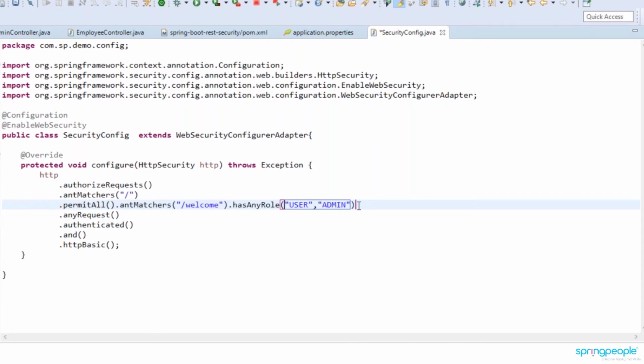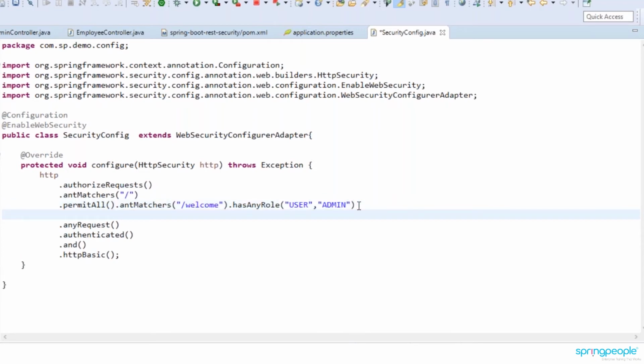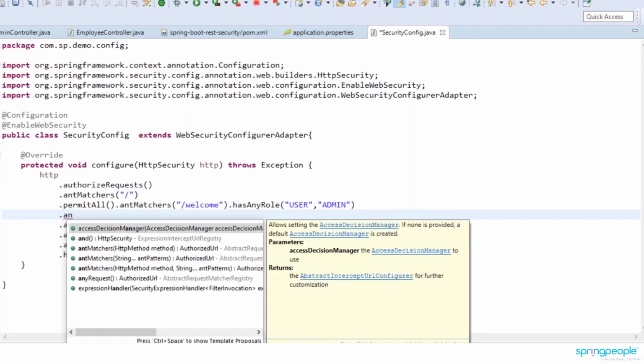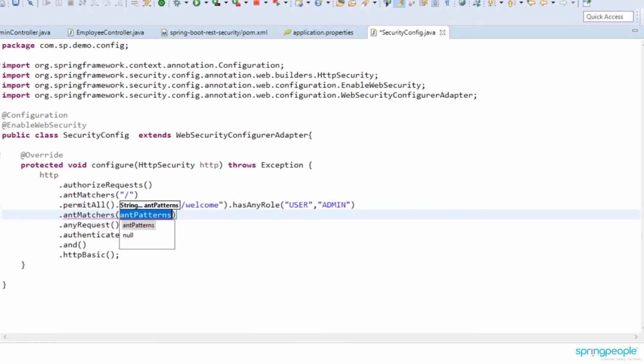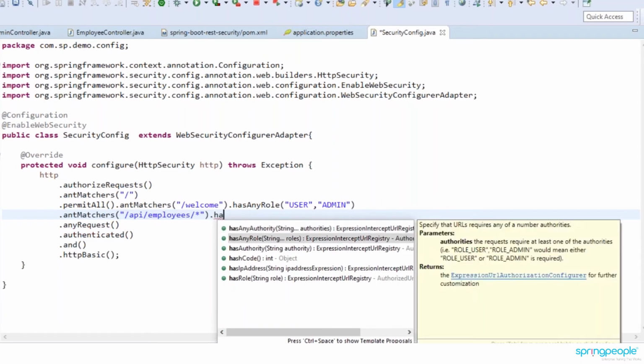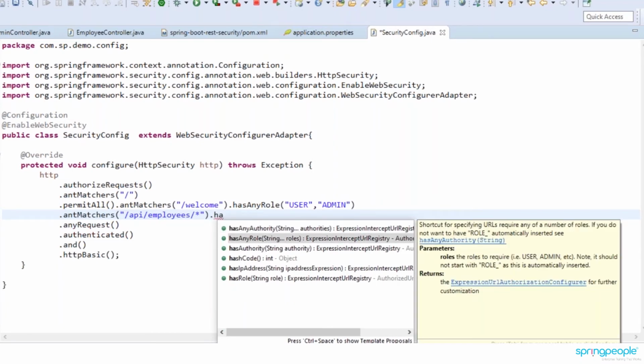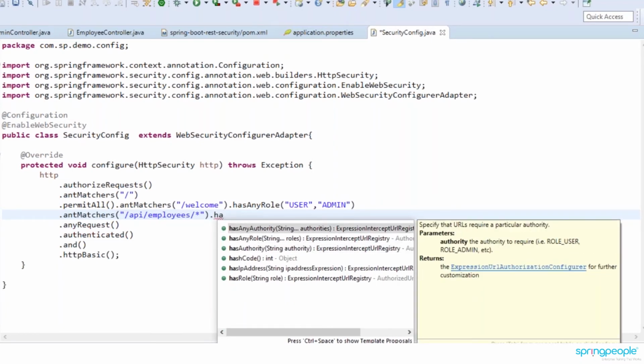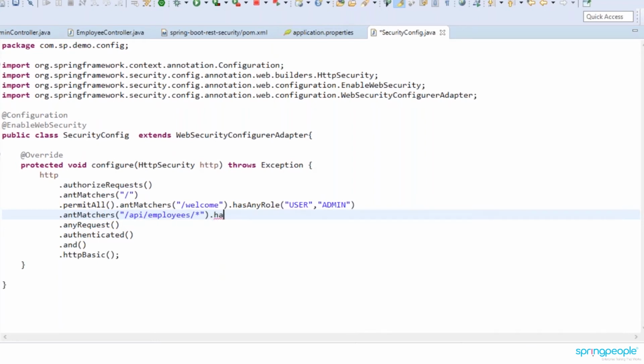Then the same way, for a different request you want to configure a different rule. So again we take antMatchers and configure it here, API slash employees slash star. Then again we configure for any role, or you can take the authority or a list of authorities and configure it here.